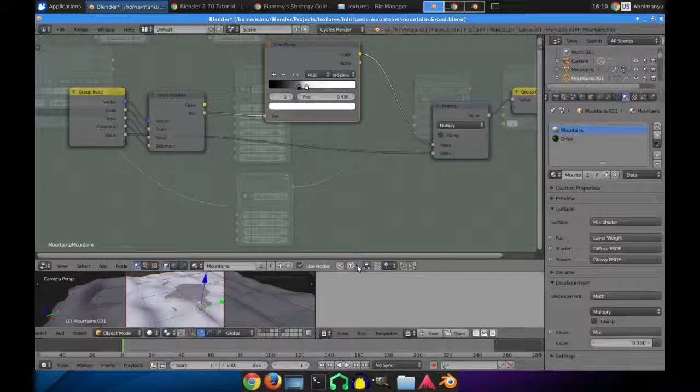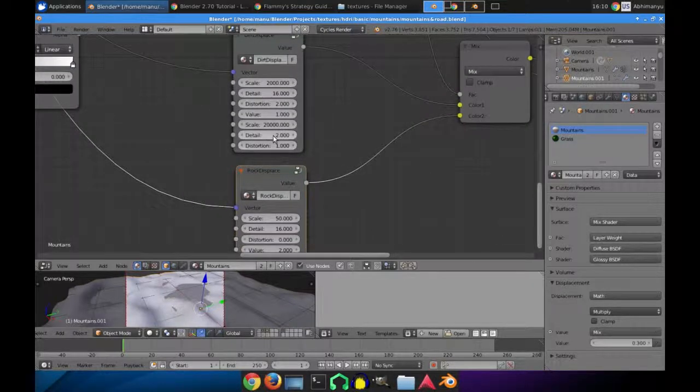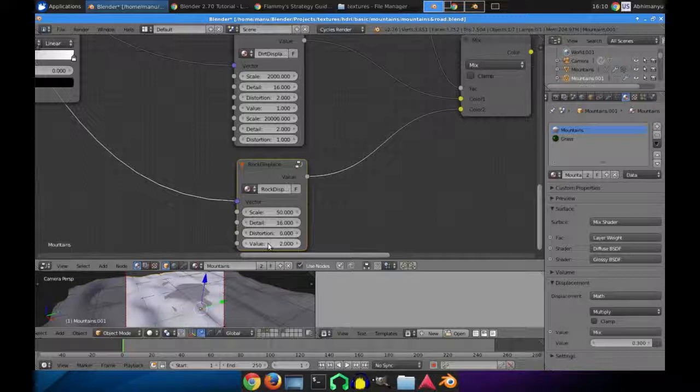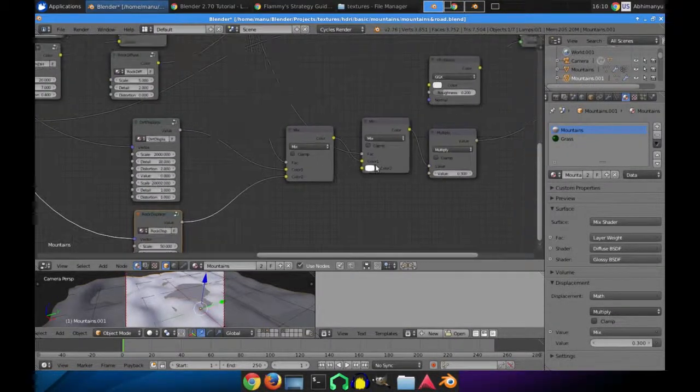But this value is bigger, so I'll decrease it to 0.8. Now this is mixed with